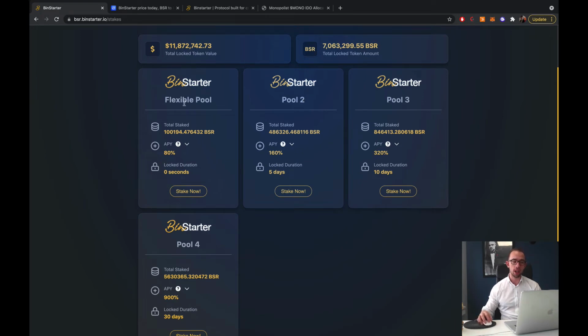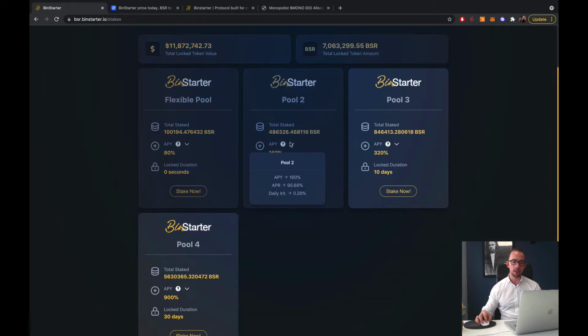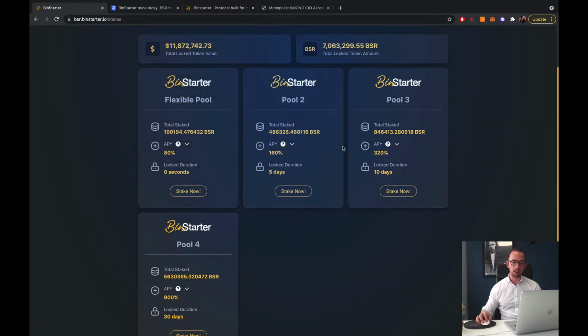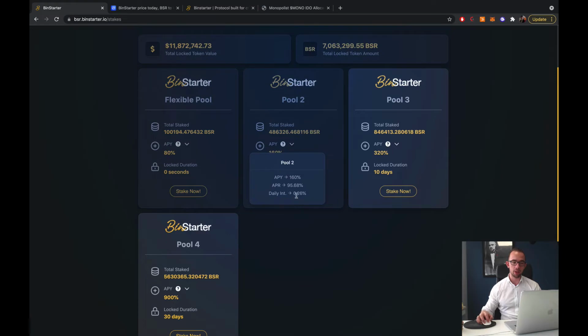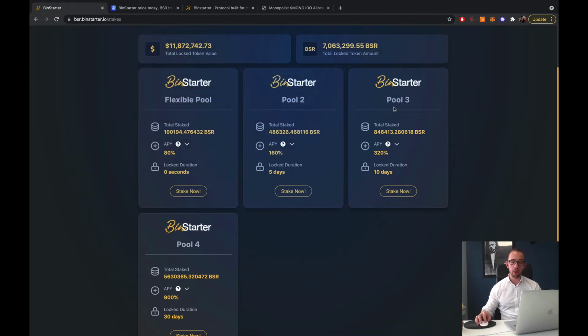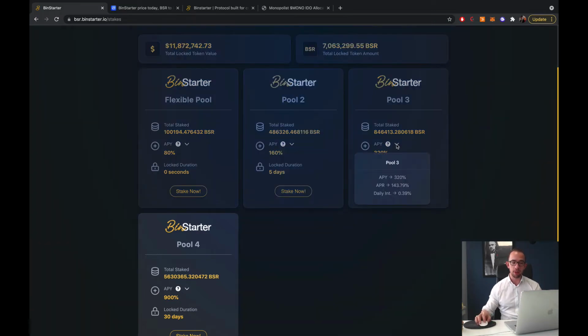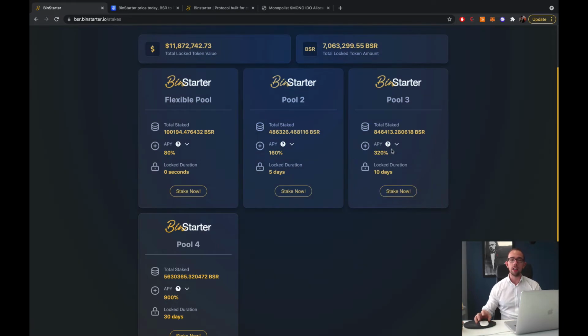So the Binstarter flexible pool is a lottery. The pool 2 is a guaranteed allocation, lock for 5 days. APR 95, APY 160, daily interest 0.26. Pool 3, which gives you a heavier weight on a guaranteed allocation, lock for 10 days against a 320% APY, 143 APR that is, and it comes down to a daily interest of about 0.39%, which I think is very